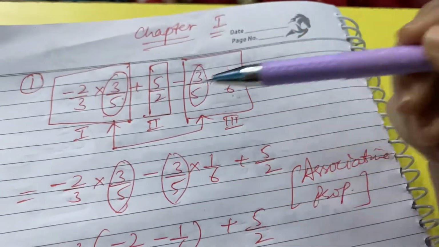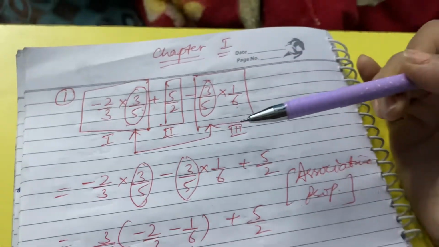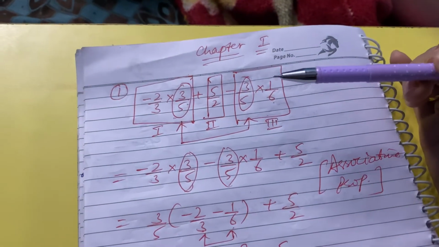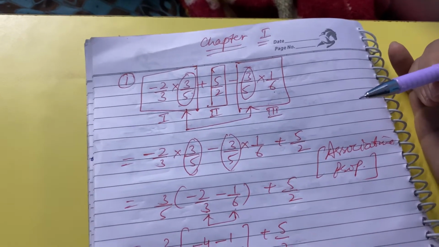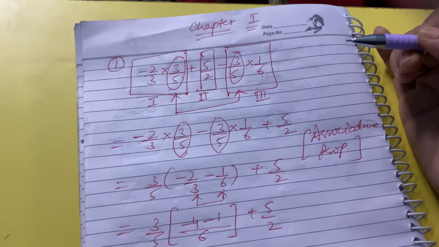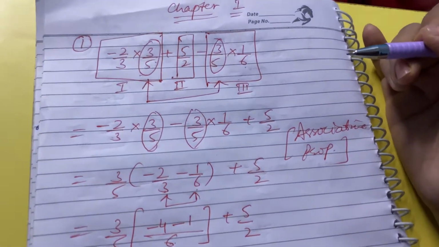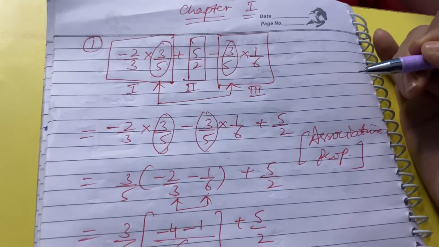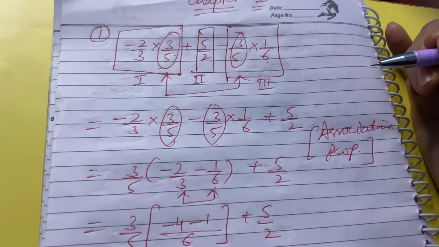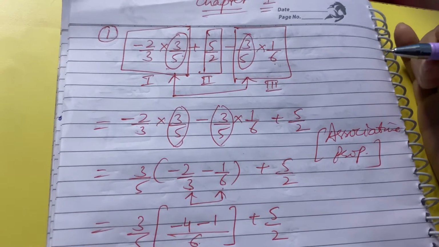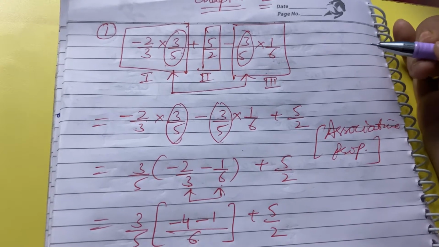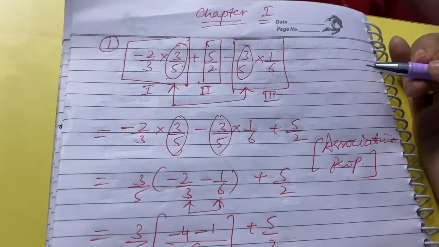First question is this. For getting to know more about this chapter, you must be aware of the commutative property, associative property, distributive property, multiplicative identity, additive inverse, and all those properties. For that you must read the chapter. Just go through the chapter in order to do the exercise first.